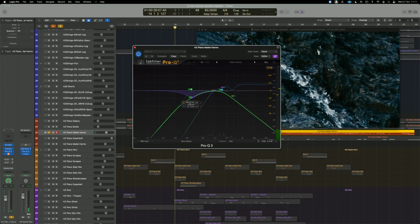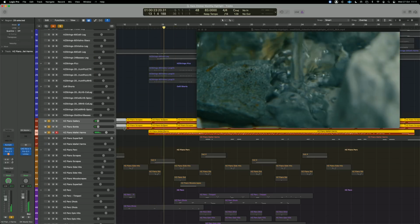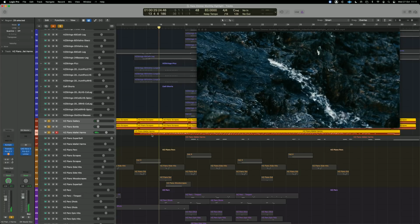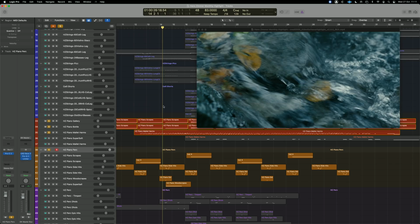You can see I'm also doing lots of mid-side processing separately so that we don't get too much of the transient of the notes being hit, we just get those higher upper frequencies. So if we combine this now with the Hans Zimmer piano percussion,